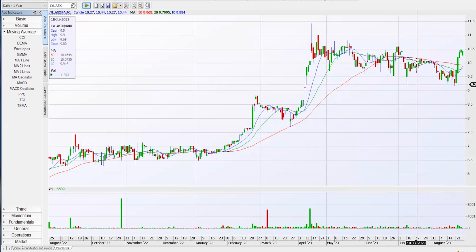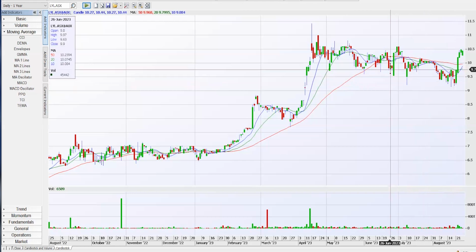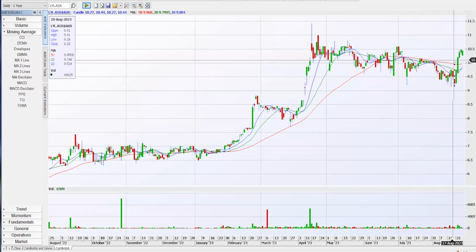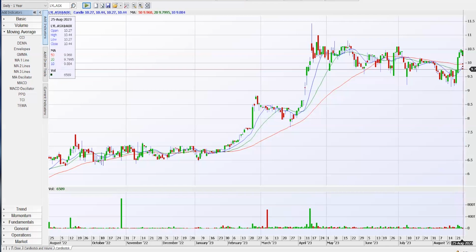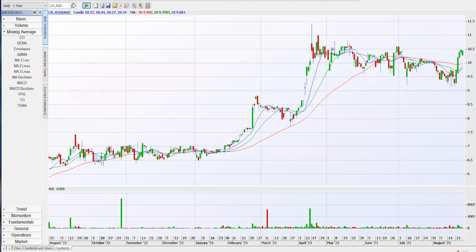So you get your little, let's call this a little false breakdown here, this sideways grind. But the main thing is breaking above a little swing high there. You'd probably get a second swing high break as well. But definitely seen a bit of volume come in here. So definitely want to keep an eye there, just because the trend's so robust. As we know,